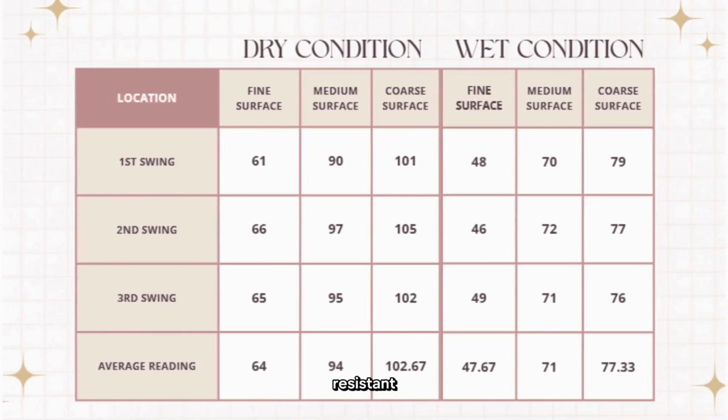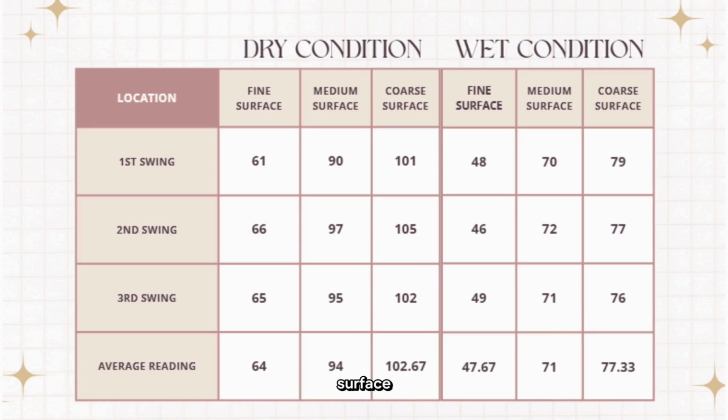The skid resistance test was done for both conditions of a dry surface and wet surface. The average of the values was calculated for analysis. On the location of fine aggregate pavement, an average of 64 was determined for the dry surface and 47.67 for the wet surface. In the case of medium aggregate pavement, the dry surface had a value of 94 and